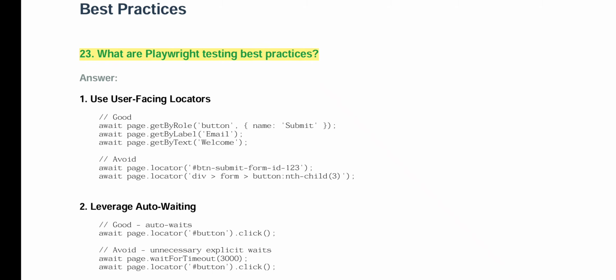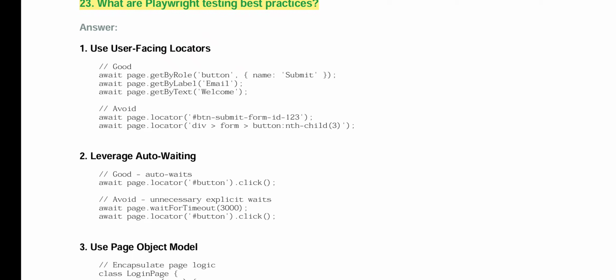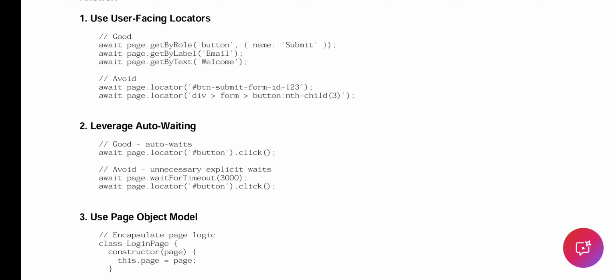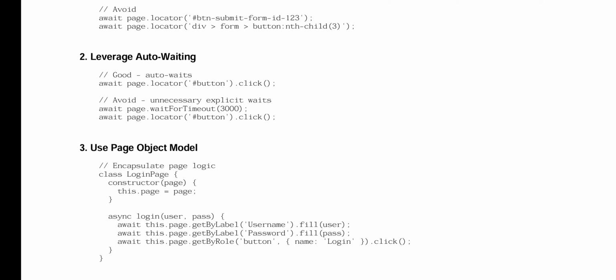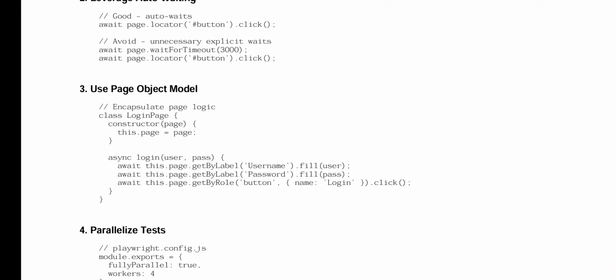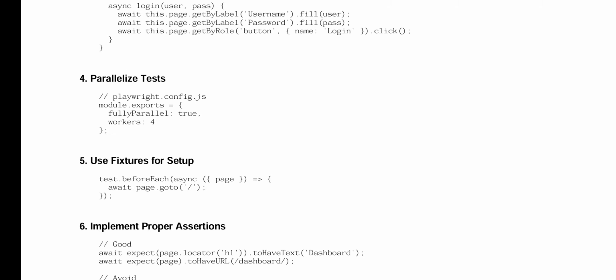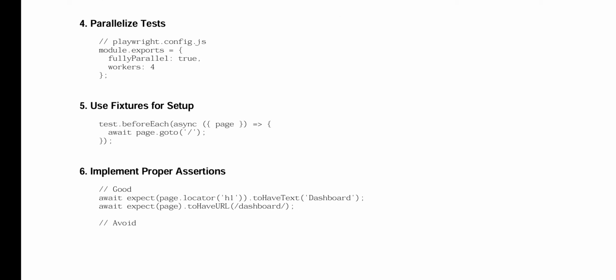And the next set of interview questions are: what are the best Playwright testing practices to be followed? Okay, we should use the user facing locators. Here you can see the good examples and the examples to avoid. And we need to leverage the auto waiting mechanism. We should go with the page object model. We should utilize the benefits of parallelizing,